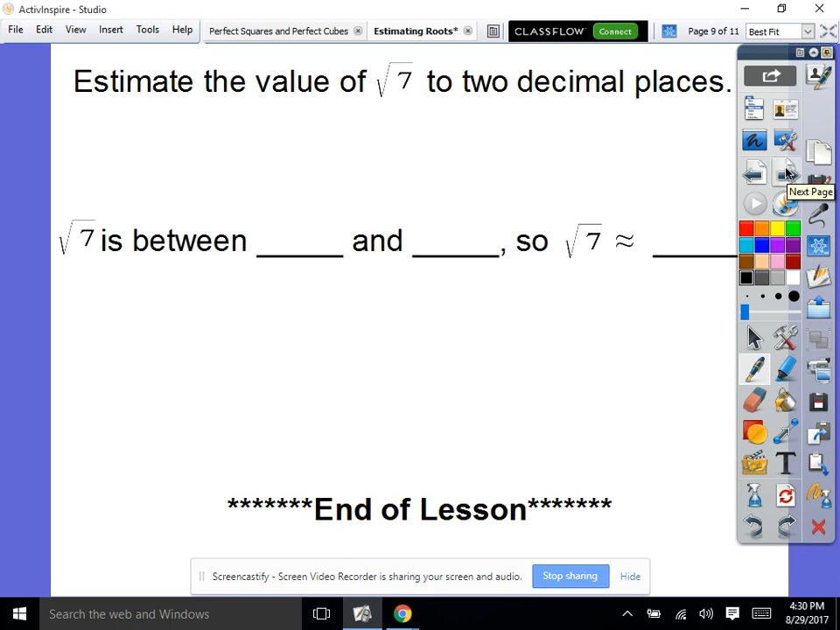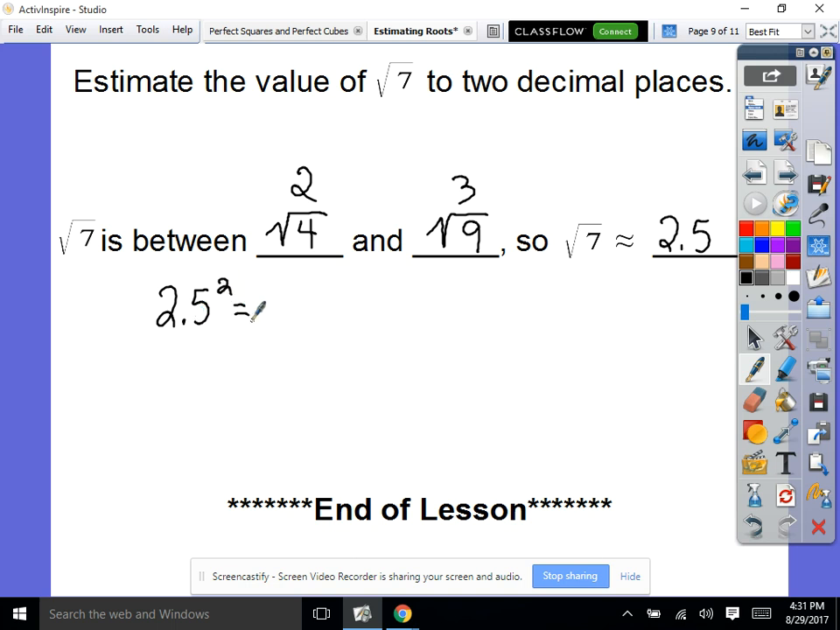So let's do the square root of 7. Let's estimate the value of the square root of 7 to 2 decimal places. Well, we know the square root of 7 is between the square root of 4, which is 2, and the square root of 9, which is 3. So it's approximately 2.5. And we're going to say 2.5